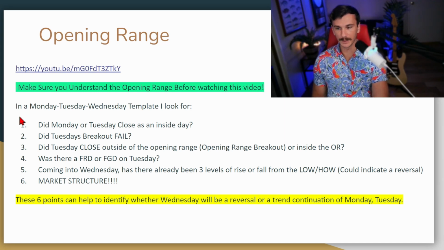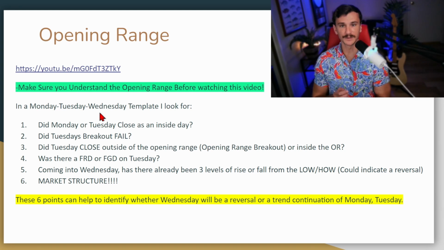This is for simply a Monday, Tuesday, Wednesday template. The week is broken up into 2 sections: Monday, Tuesday, Wednesday, and then Wednesday, Thursday, Friday. You can look at those 2 blocks of days completely separate from one another and trade them accordingly with different rules and some different setups that you can look for within the week. That being said, I'm only looking at Monday, Tuesday, Wednesday in this video, but there will be a future video